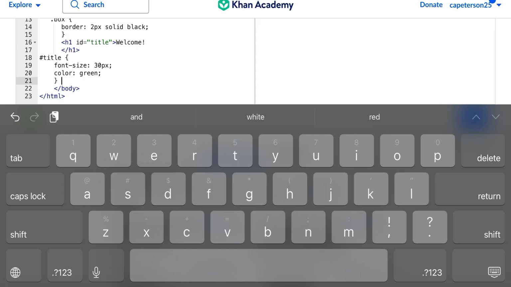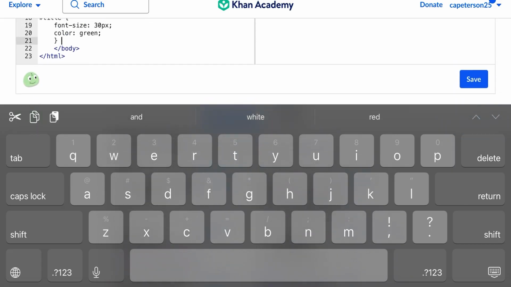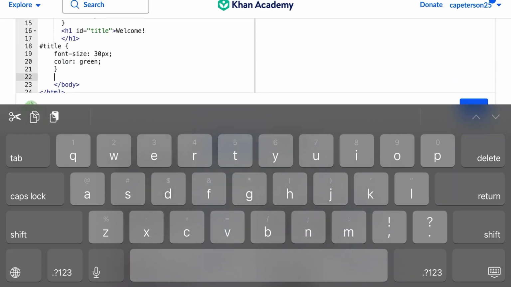So the next one is colors in CSS. Two important properties we'll use are color and background color. Color is the property that sets the color of the text. So an example of this, if you're working with CSS, would be